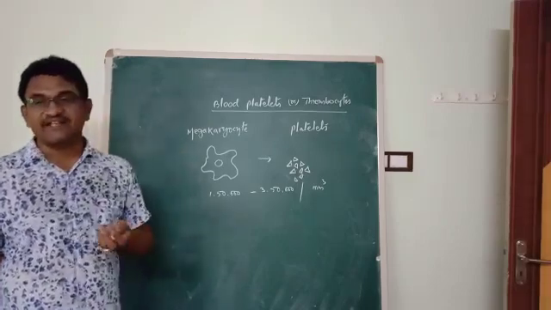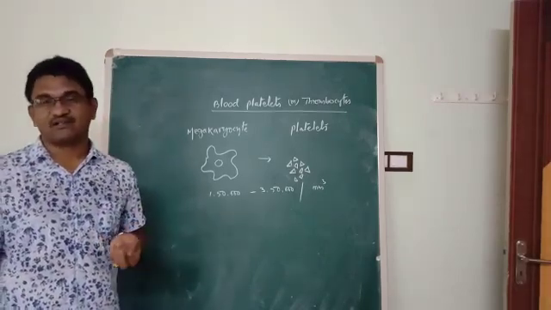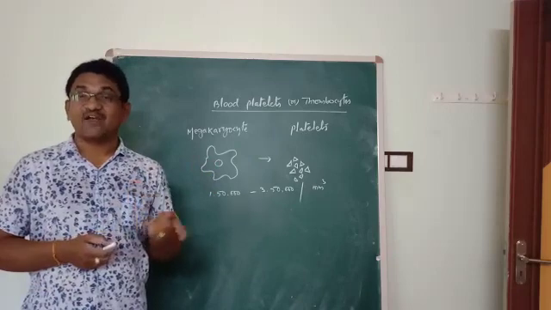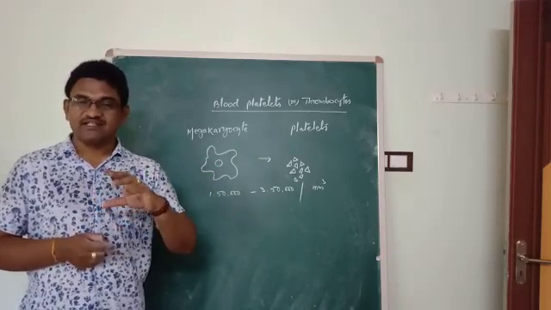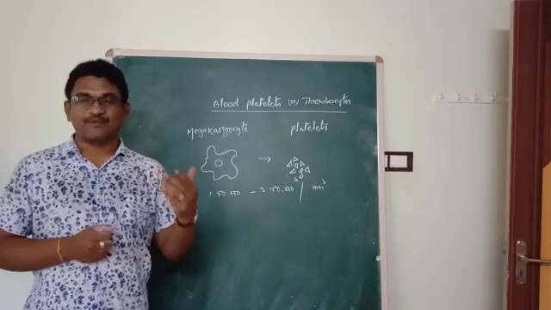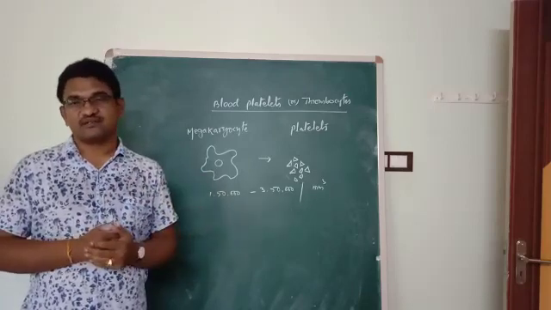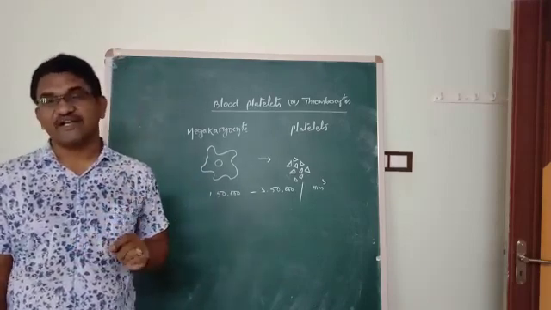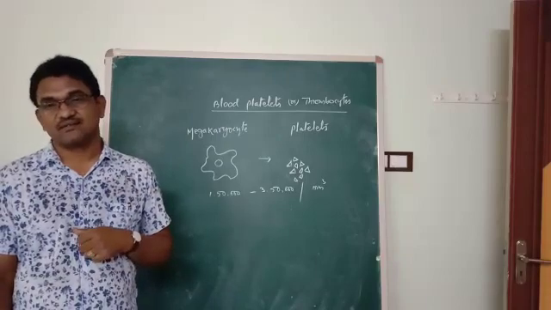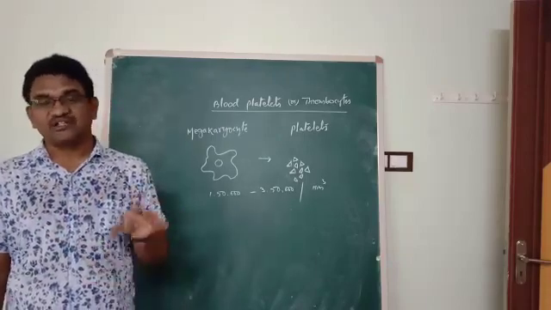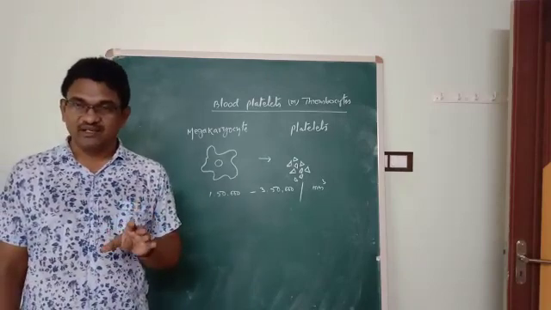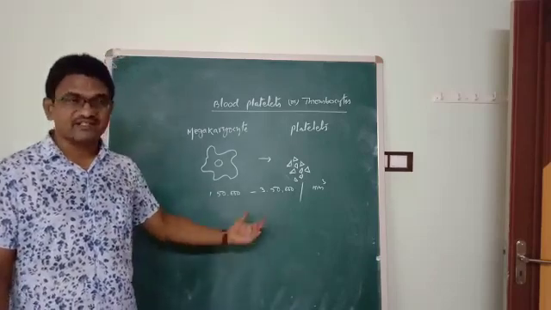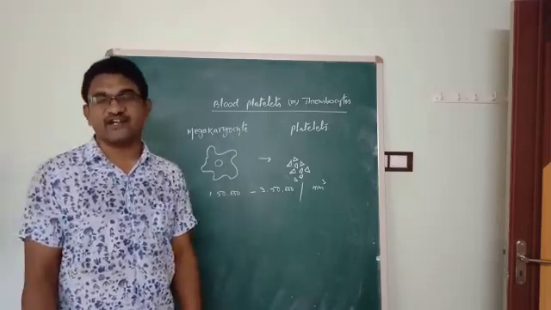Lifespan of blood platelets is about 7 days, 1 week, whereas span of RBC is 120 days, and span of WBC varies from cell to cell. Some WBC live for about 2-3 days, some live about months, some WBC, especially lymphocytes, live even years. So out of all WBC, the longest lifespan is seen in lymphocytes. Span of platelets just 7 days, the range is 7 to 10 days.